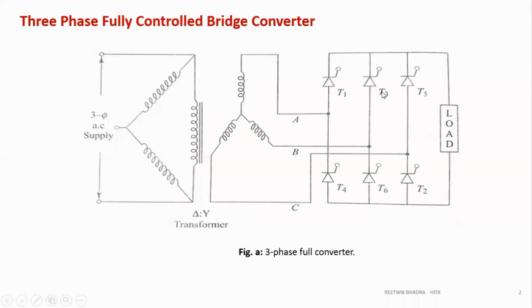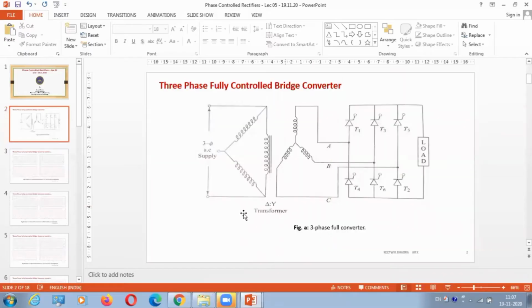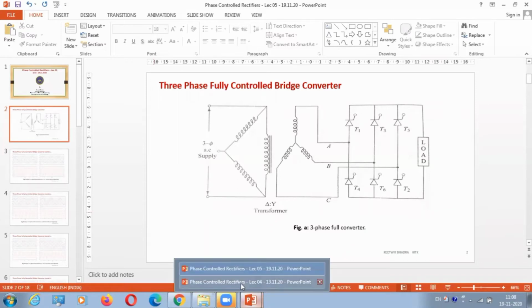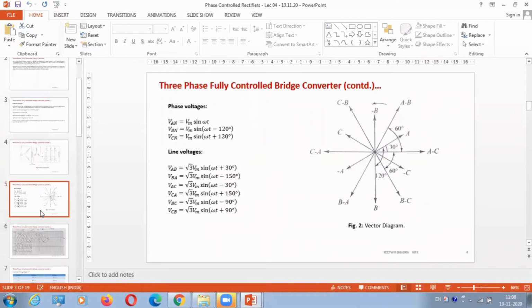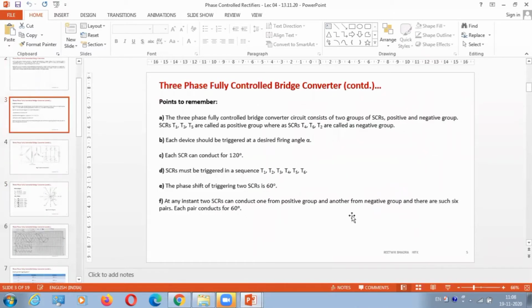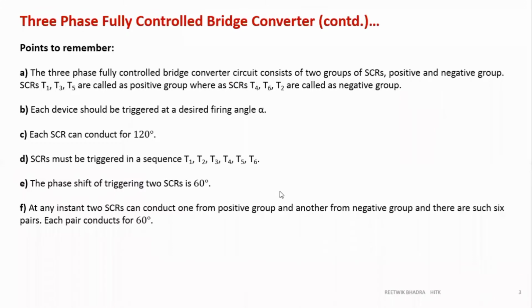Okay. So now the same circuit will be used. We'll change the load to an RL load, and what we will do is just study the basic difference. What was the difference in the circuit? I have taken the previous slides also for you, just to recap all those things, we'll go through this slide once, that what are the same things will happen over here in the three-phase full control converter.